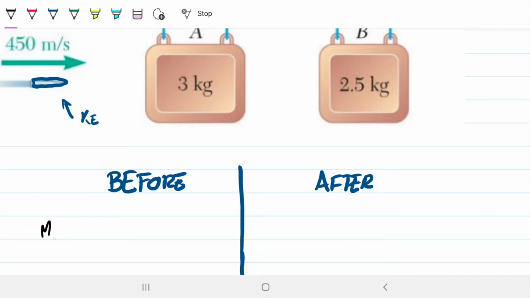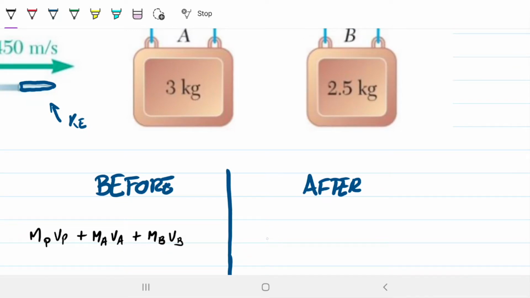So we have the mass of the bullet, and I'm not going to use B because we also have block B, so let's go for mass of projectile, which makes more sense, times the velocity of the projectile, plus the mass of A times the velocity of A before, plus the mass of B times the velocity of B before. And then afterwards, we're going to have a very similar situation in which we have the mass of A